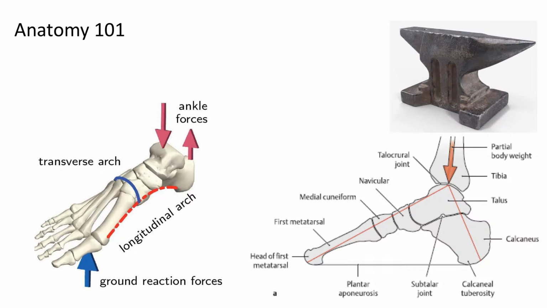When body weight is added to load the arch, force is distributed along the bones that make the struts of each arch. Here we see an example of the arch on the inside portion of your foot. That figure on the right shows the metatarsal for the big toe, its adjacent cuneiform, the navicular bone, the talus bone, and the heel bone. We see that the forefoot, midfoot, and hindfoot must work together to maintain form and function in order to support our